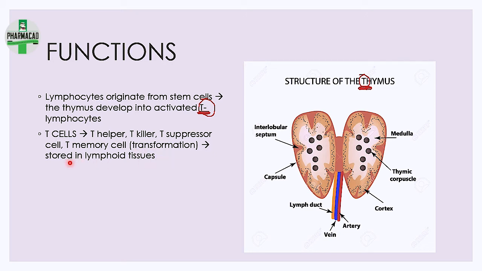This is one function. Second function is that thymus actually helps in recognition of self and non-self. So anything that passes through here is going to be detected as self or non-self. Fine. Now we talk so much कि antigen को मारेगा, and at the same time हमने blood group किया है. Blood group में हमने क्या बोला था कि ये RBC है और उसके ऊपर antigen होता है. तो you must at this point wonder कि इसको क्यों नहीं मार रहा है हमारा lymphatic system जब वो सब antigen को मार रहा है.